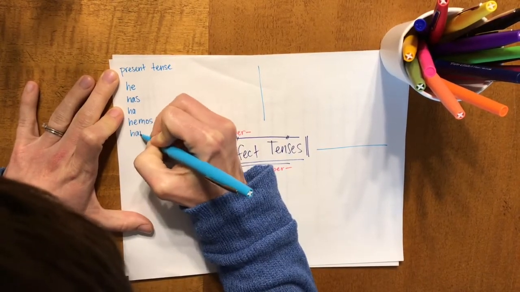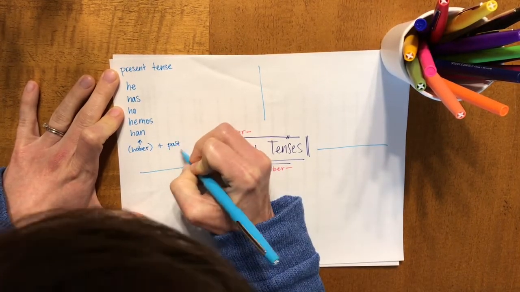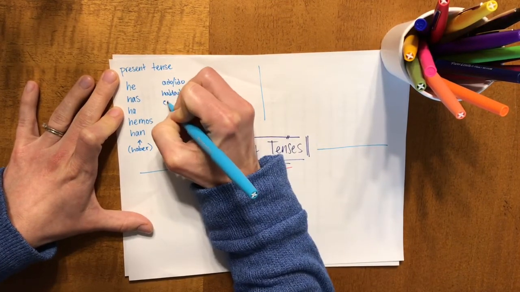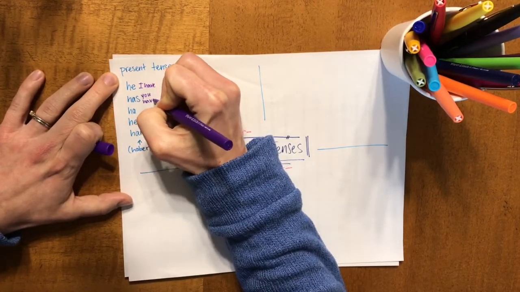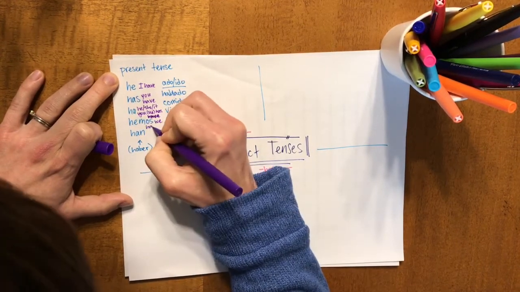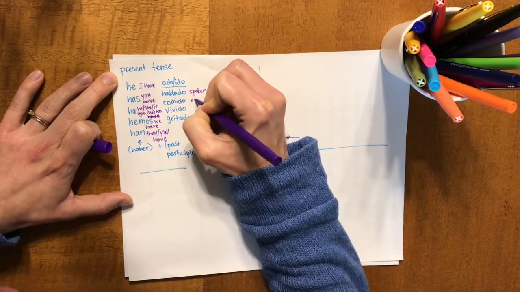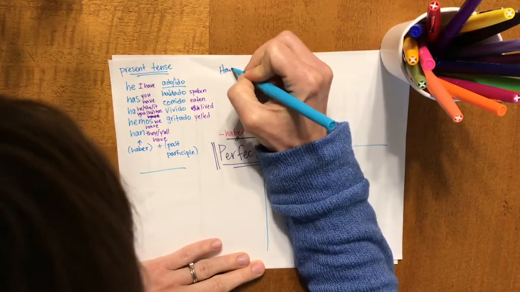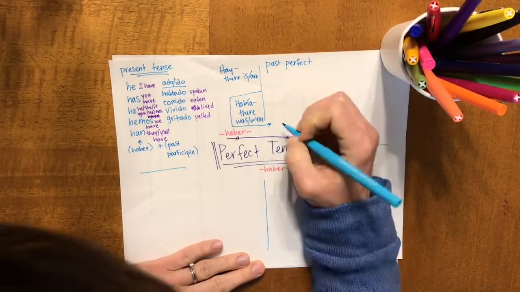He, has, ha, hemos, han. Okay? These are all the different present conjugations of haber. And then in order to form the present perfect tense, you have to add the past participle. The past participle is the same for all the different tenses of the perfect tense. Present, future, conditional, past, they all use the same past participle. So the present tense, as you hopefully remember, he means I have, has, you have, ha, he, she, it, or you fancy person have, hemos, we have, han, they, or y'all have, and then you add the past participle: spoken, eaten, lived.